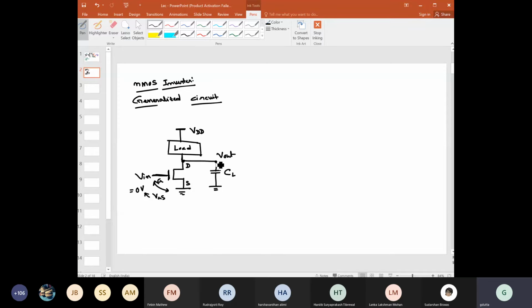And this capacitor is called the load capacitor, right? So you understand why for a digital IC, at this output we generally consider the load to be a capacitor, because this output is driving the gate of another transistor, right? And there will be a capacitance Cox primarily at this point. We will also see it will not be only Cox, but other parasitic capacitances will also come here. But for the time being, we know that Cox will be there. So we can say that CL is the contribution of capacitance from the next stage transistor.